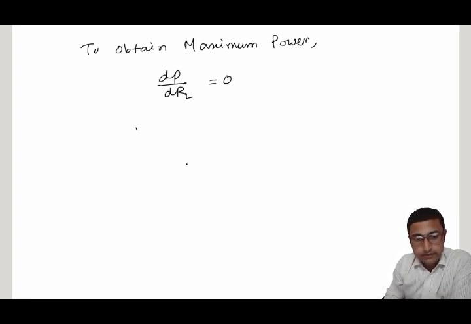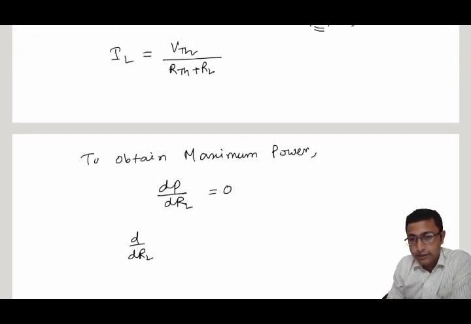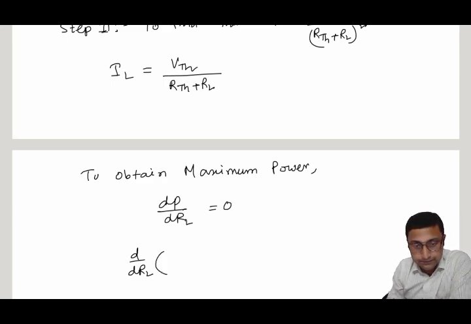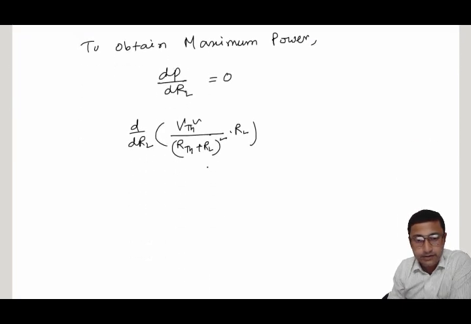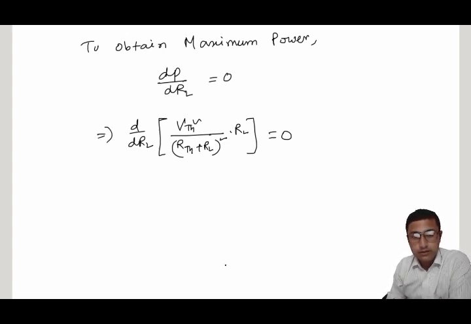So that means d dRL of your P will be, I have already calculated the expression of P, that is VTH square divided by RTH plus RL whole square into RL. So this is basically the expression of P. So dP dRL is equal to 0 as per the condition. That means what will be the solution? Simply